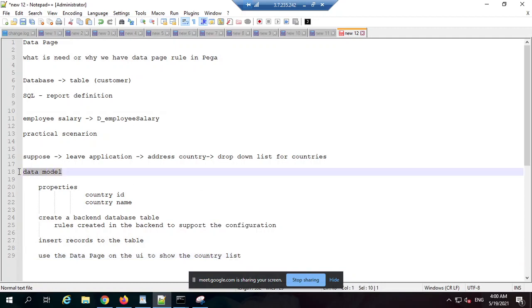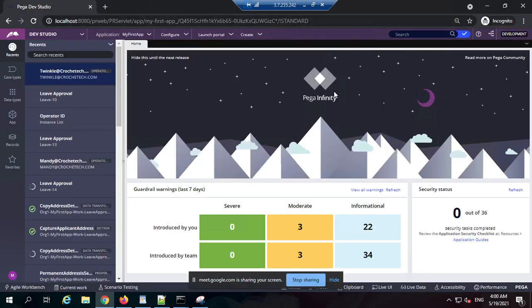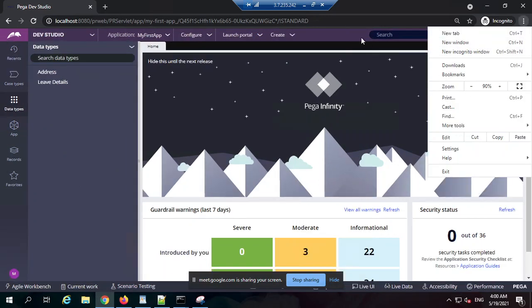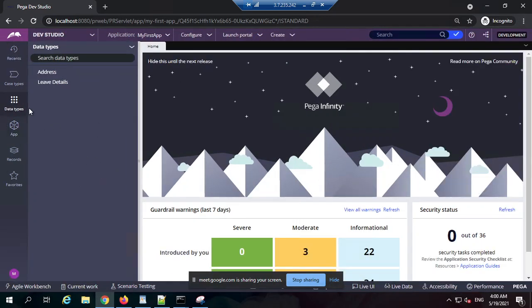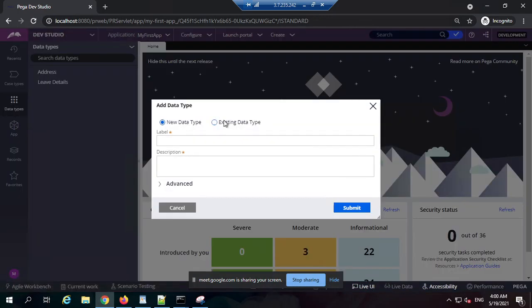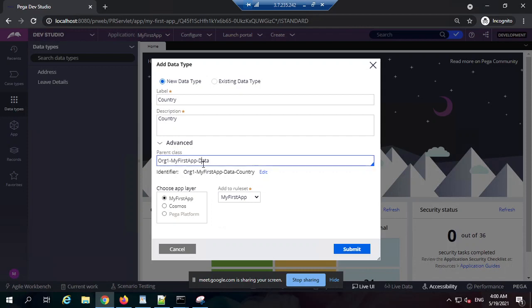Firstly, let's create a data model. We have already gone through how to create a data model. You go to the database tab, the data type tab, and add a data type called country. I'm keeping the default configuration: organization, application data, and then my database table.